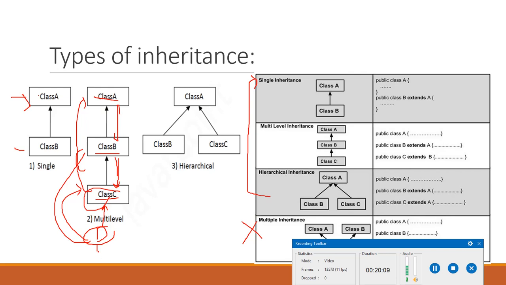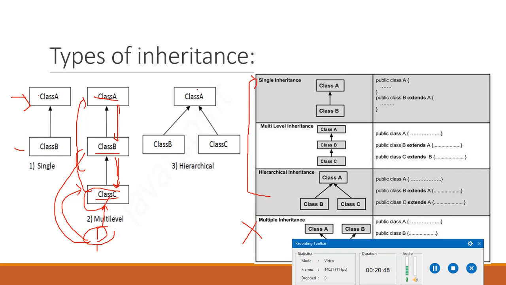Let's move ahead to the hierarchical inheritance. The third type of inheritance is the hierarchical inheritance. Another interesting application of inheritance is to use it as a support to the hierarchical design of a program. Many programming problems can be split into a hierarchy where certain features of one level are shared by many others below the level. So here in this example we have hierarchical inheritance shown. Hierarchical means we are creating a hierarchy.